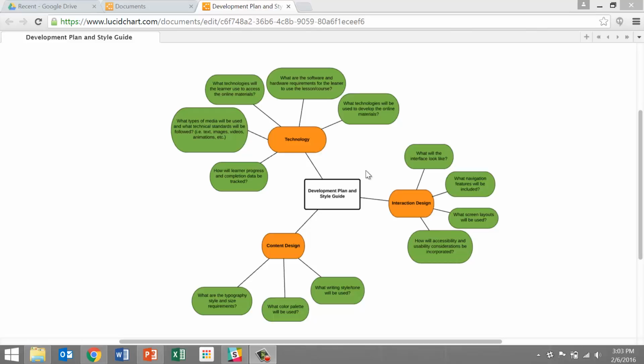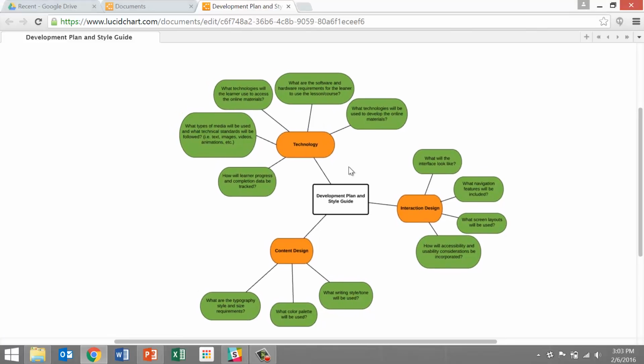But if you're working in teams, these tools become absolutely critical because it's a way of ensuring a consistent look and feel, as well as strategies when you go about developing your course or your lessons. So from the experiences I've had of working with teams, this is a critical investment in time and steps to make sure that you're developing a very cohesive and consistent e-learning